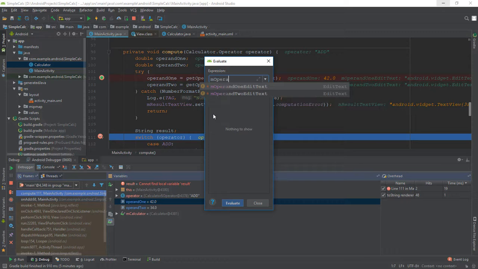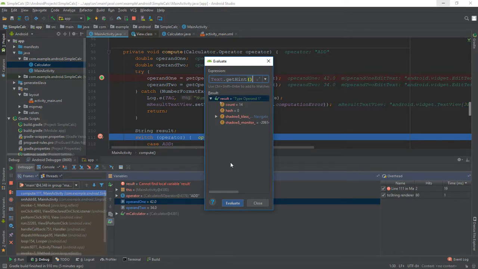Type mOperand1EditText.getHint and click evaluate. As you can see, the evaluate expression window updates with the result of that expression. The hint for this edit text is string type operand 1. The result you get from evaluating an expression is based on the app's current state. Depending on the values of the variables in your app at the time you evaluate expressions, you may get different results.